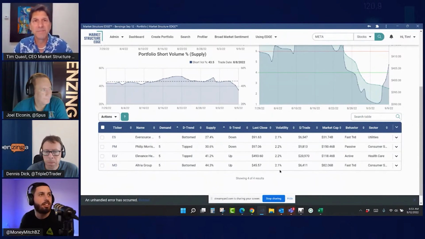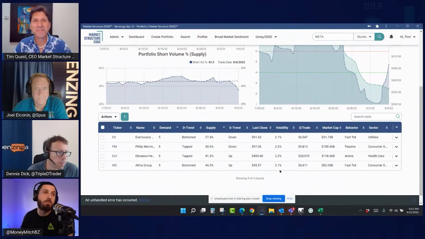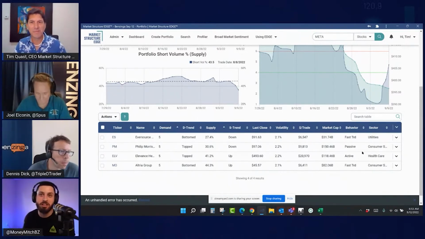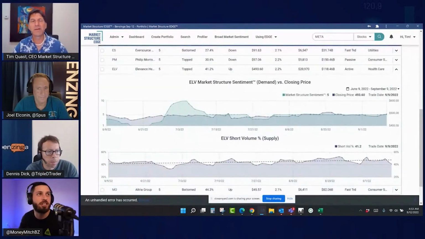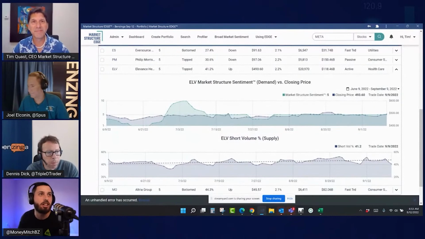I like it. I like it. One of these was actually on my radar today, ELV, so definitely going to go ahead and check it on out. I like the chart pattern, and getting some data to back up my patterns is something that I definitely look for. So here you guys have it. Definitely go ahead and check out Market Structure Edge for yourself, guys. If you want to follow along with this data, all you got to do is just go to the website. You don't even need a credit card to check it on out.